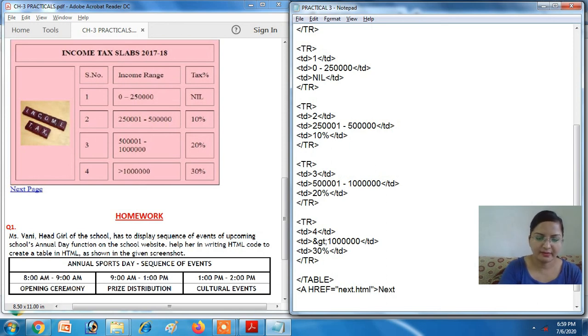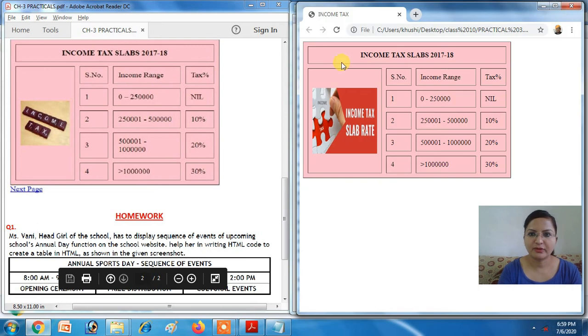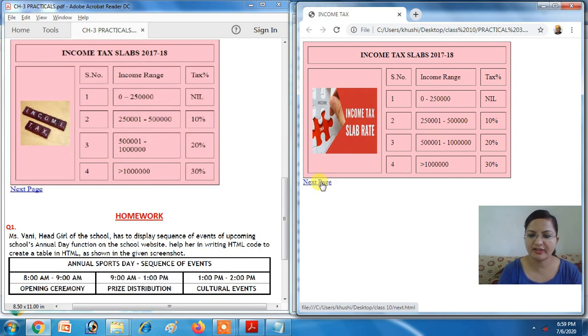Next page, close the anchor tag, save it, go to the browser and refresh. Here you can see the link is there, and the link will take us to the next.html page. You can see the status is also given at the bottom, next.html.